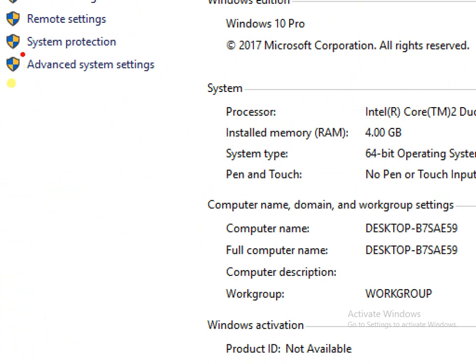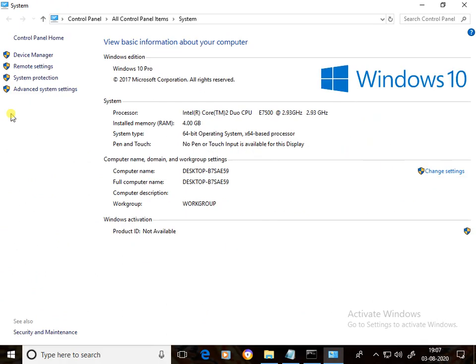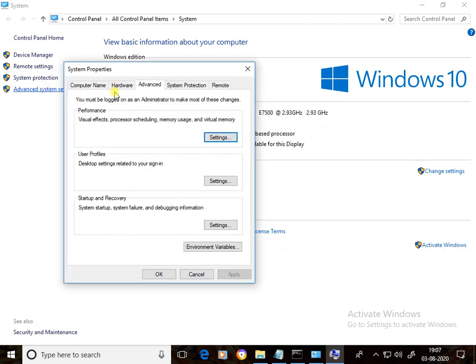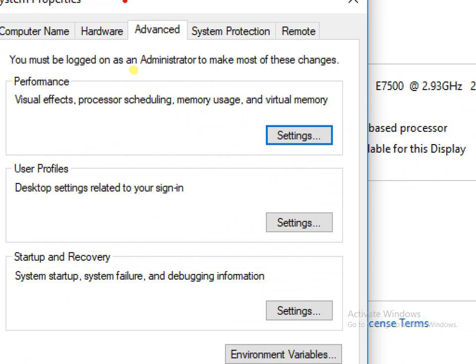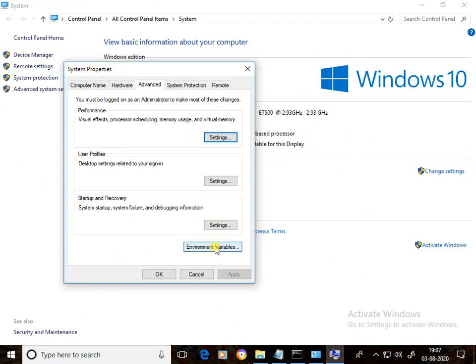Here, click on advanced system settings. Here, advanced tab, in that environment variables. Click on the environment variables button.